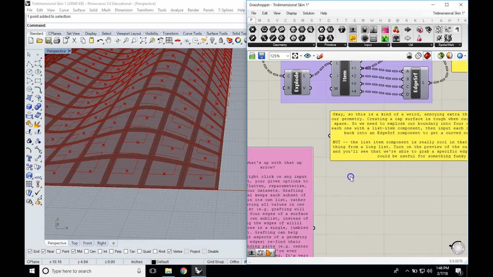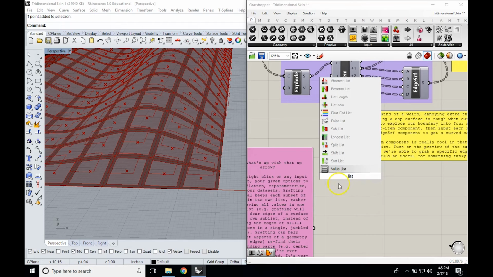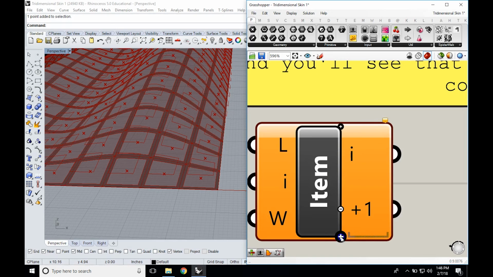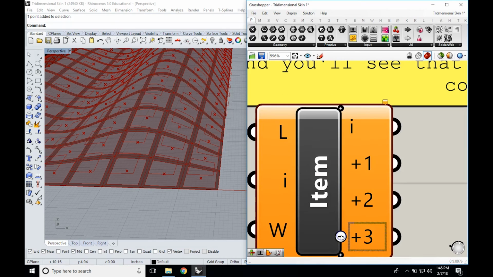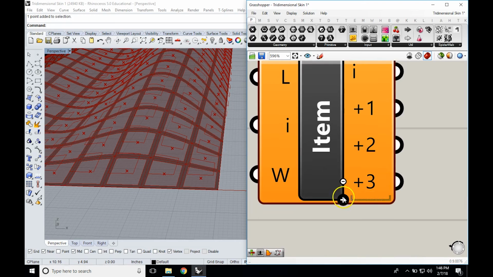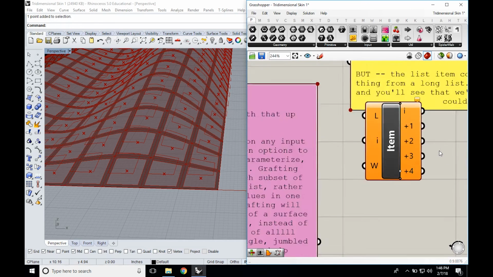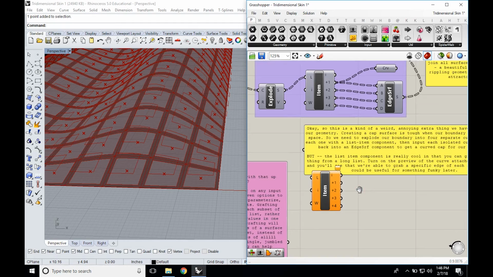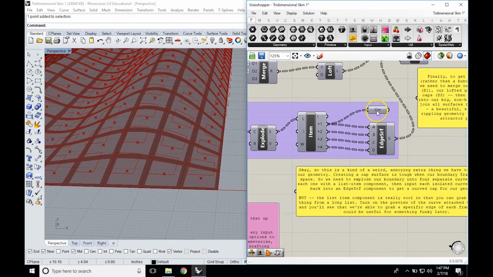But the other thing, shouldn't have deleted that. The other thing you can do is you can zoom in on this guy, and you can add 1, 2, 3, 4, and that's exactly what we're going to do, because we want to get each separate curve out in itself. So you can just zoom in and add those, and then if I created a curve component